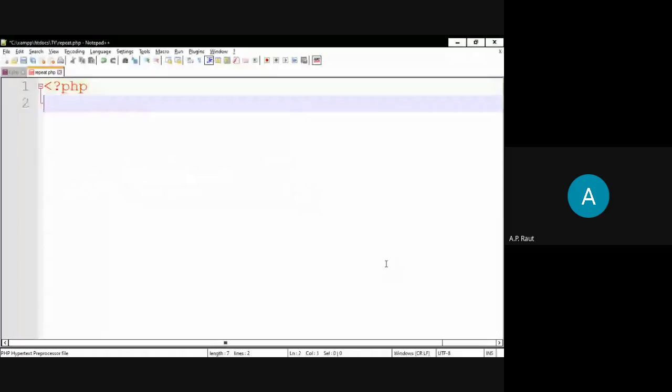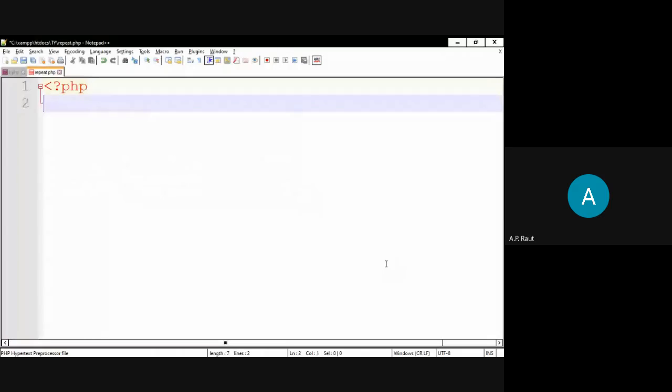For example, the program for the implode function is like this. We simply create it. Implode means an array will be converted into a string.